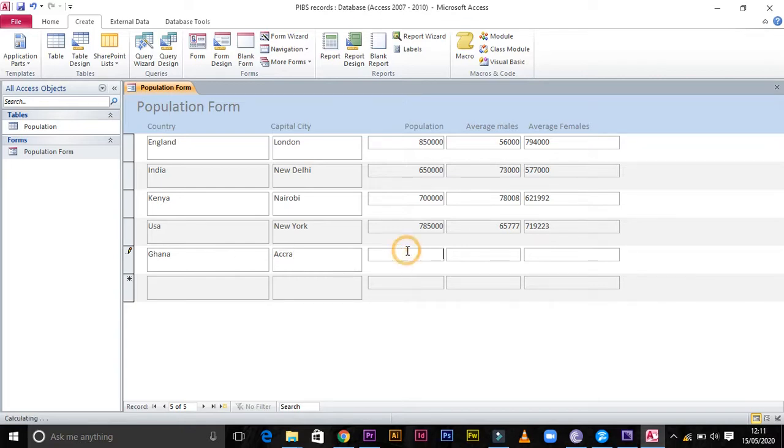then I write a figure like 6,005, that is in a figure, then I write that figure, then if I click here, it will just calculate. So this is the importance of creating a form, so that you can make your work easier. So that's how you can create a form, then you do calculations using a form.